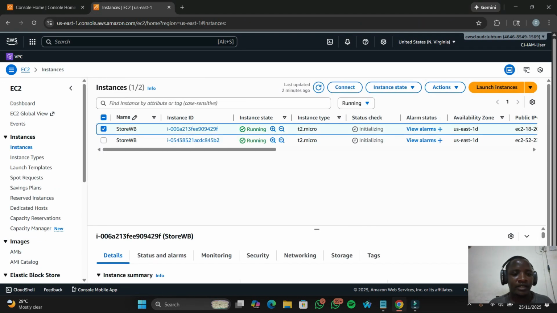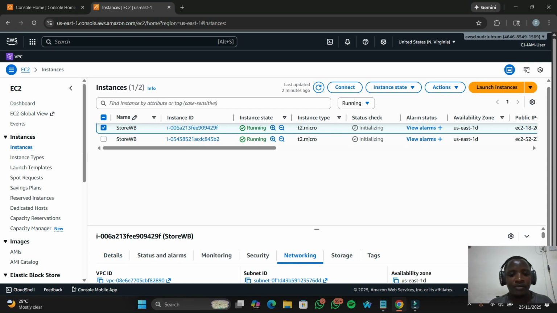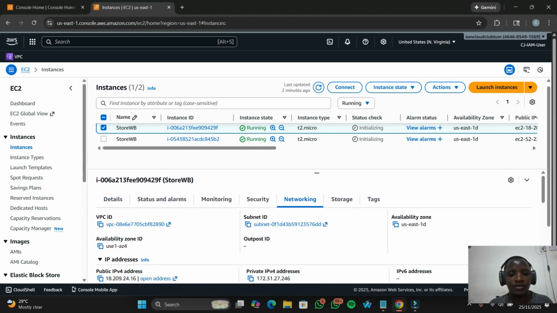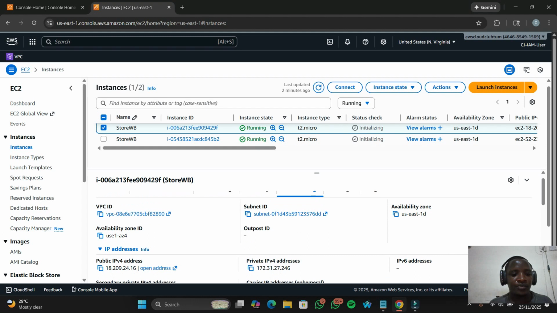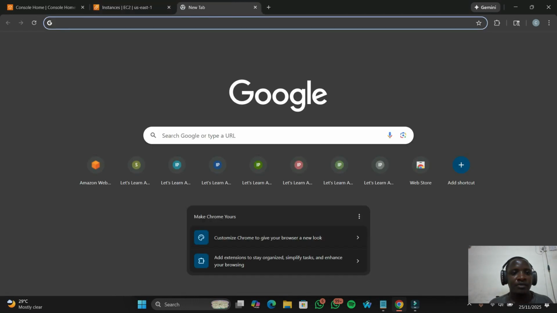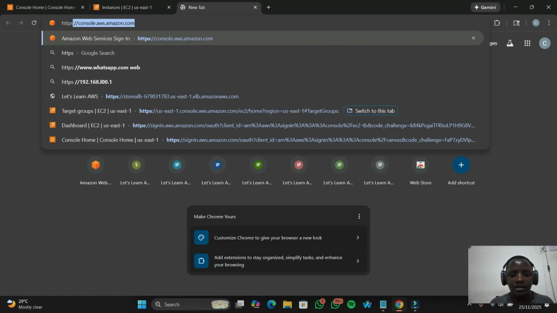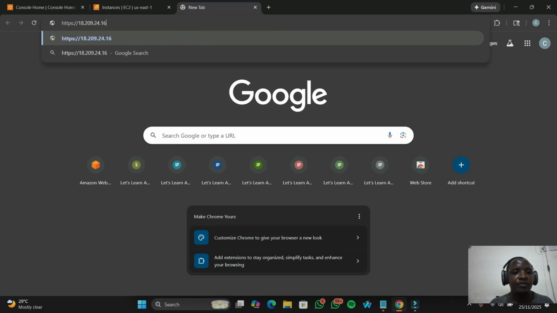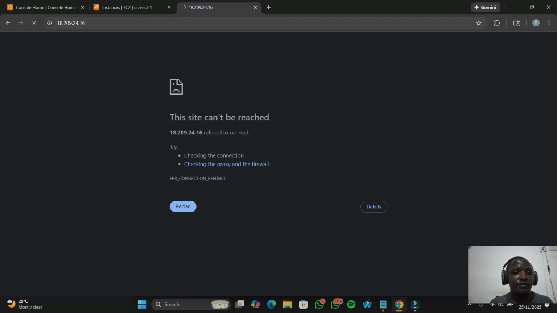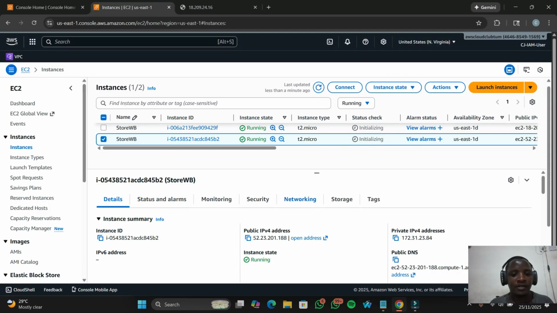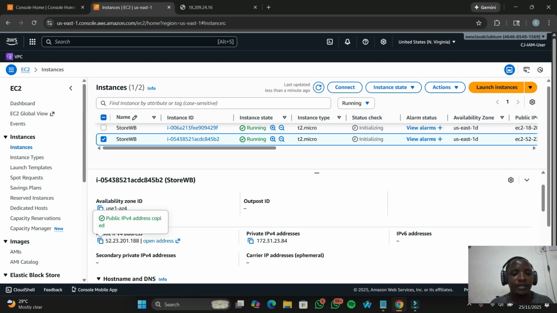So let us check if our command executed successfully. To do so, I'll go to networking section, copy the public IP, open a new tab, then type http:// the IP, hit enter. So you can see this seems to be launching. Let us wait and see. Let us try this one, network. Then copy the public IP,